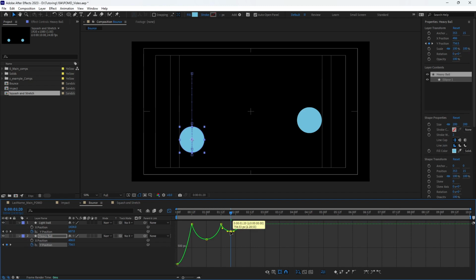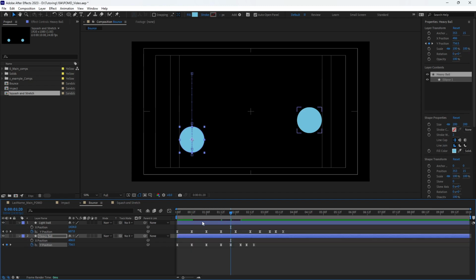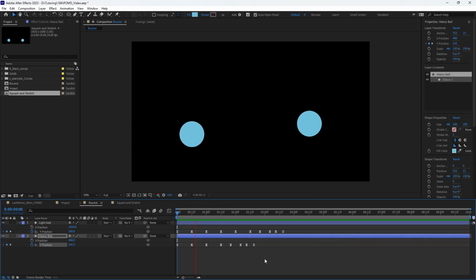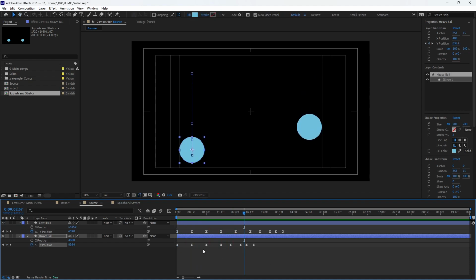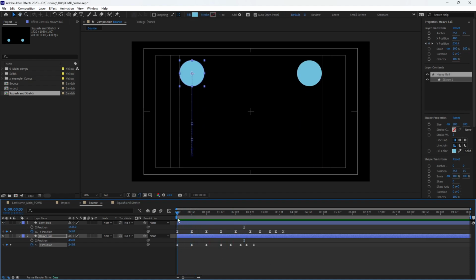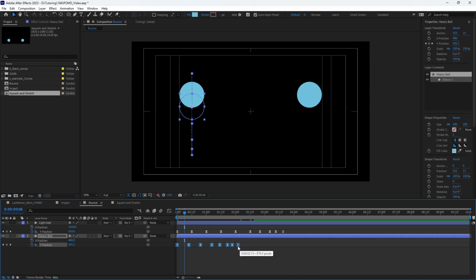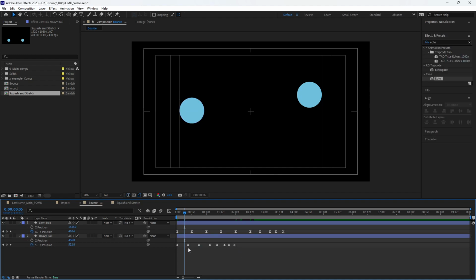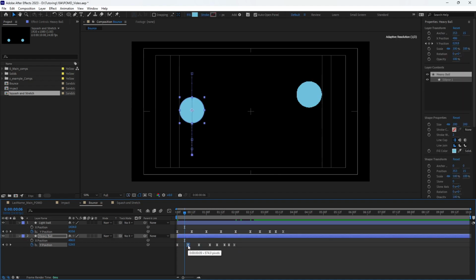Shift. And something to keep in mind is the time between each thing that is happening. A heavy ball would fall faster than a light ball. So maybe move these more condensed, Alt, and squish them in. But after squishing them in, I like to wiggle the keyframes a little, just because what can happen, and